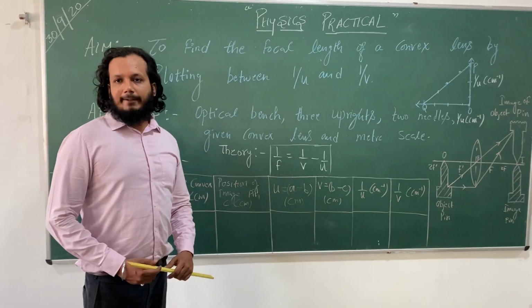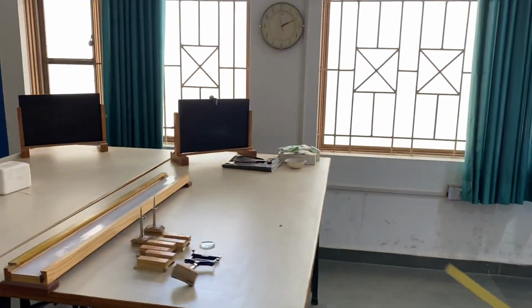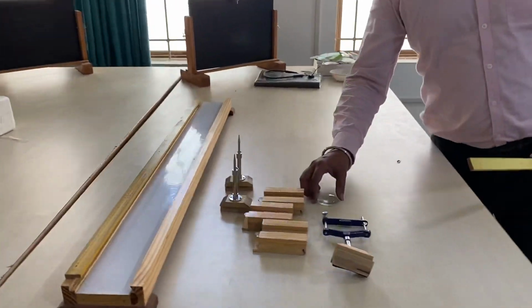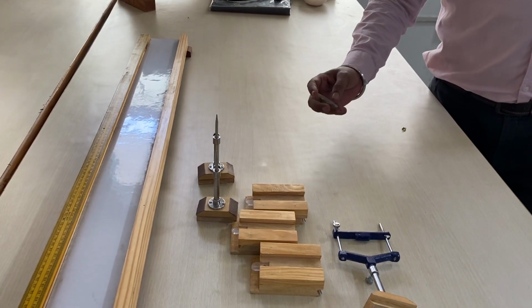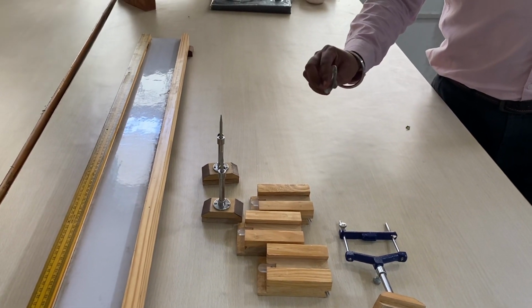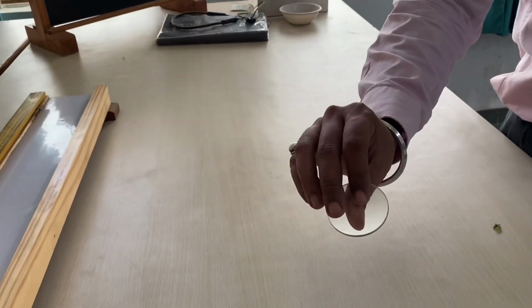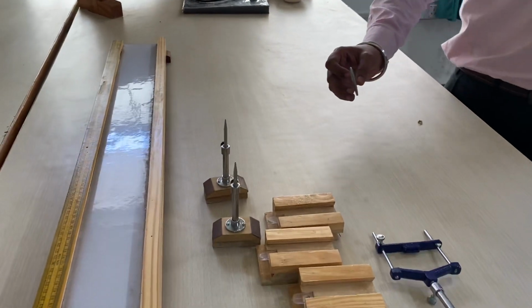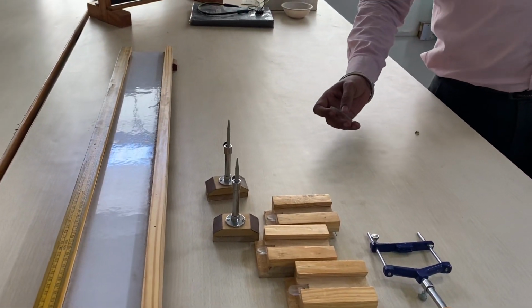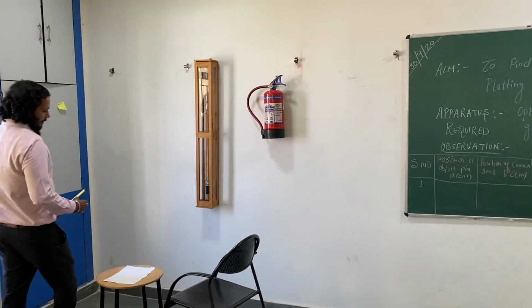Before that, we are going to determine the rough focal length of this given convex lens. Suppose this lens is a convex lens, and you can see that the surfaces are bulging outside from both sides. With the help of this lens, we first find out its rough focal length. The method we are going to use for determining the rough focal length of this given convex lens is